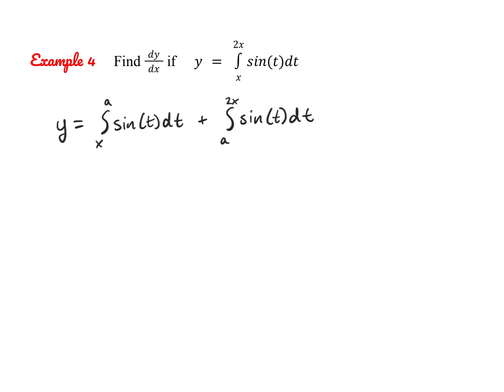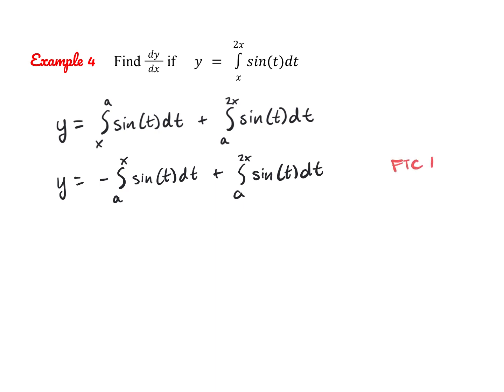However, you'll see something else is wrong. Well, not wrong. We can't quite work with it yet because here we have our constant on the top, but we can flip that by making our integral negative. So then we have negative the integral from a to x of sine of t dt plus the integral from a to 2x of sine of t dt. And now we can use FTC part 1, and we can substitute here and here. So y prime equals negative sine of x times